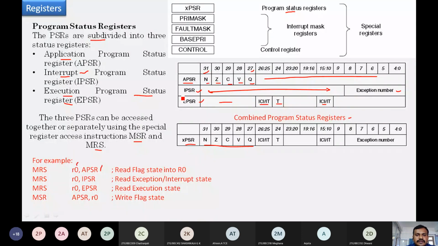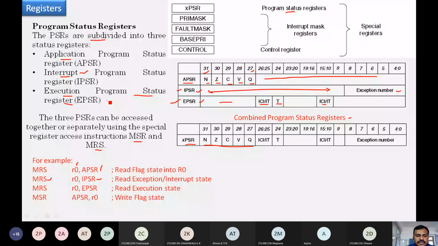If I want to read the content of IPSR, the instruction is MRS R0, comma, IPSR, to read the interrupt state. To read the execution state, it is MRS R0, comma, EPSR, if I am concentrating only on the execution program register content.